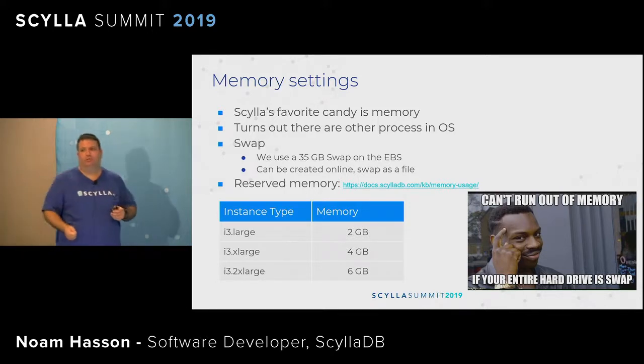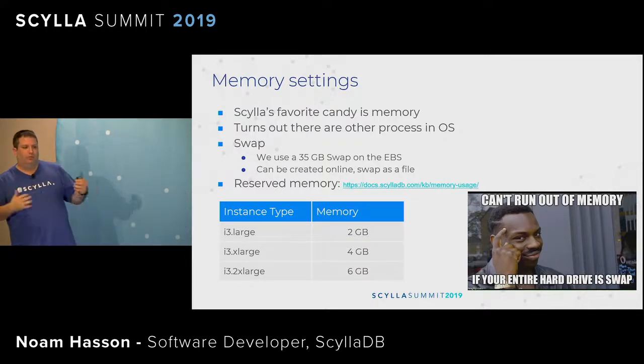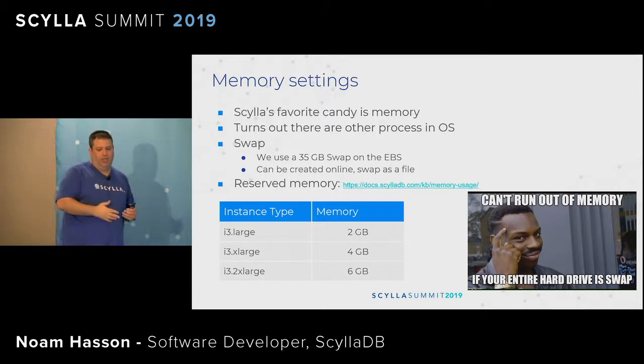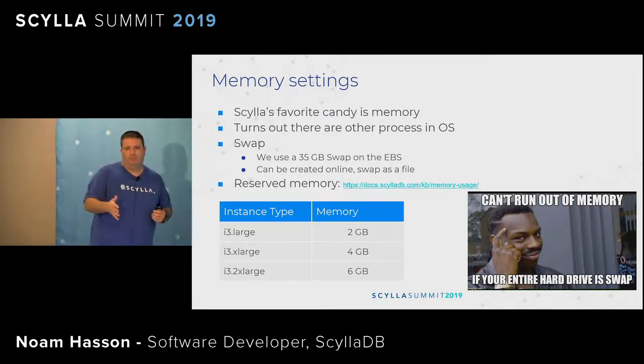Another thing to take into consideration is reserved memory. So Scylla by default has a configuration for a specific percent out of the total memory of the machine that it reserves for other processes. Unfortunately, in the smaller machines, it doesn't always reserve enough memory. There is a link there on how to set the reserved memory for Scylla. This is the amount we use for each instance. So it's a good thing to